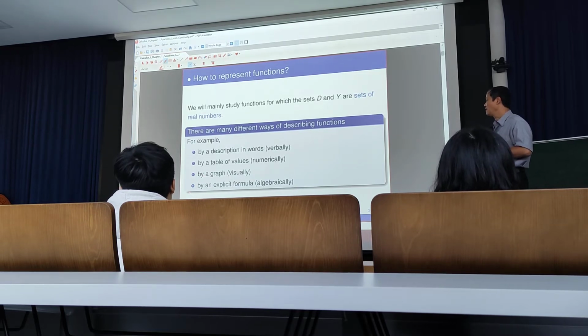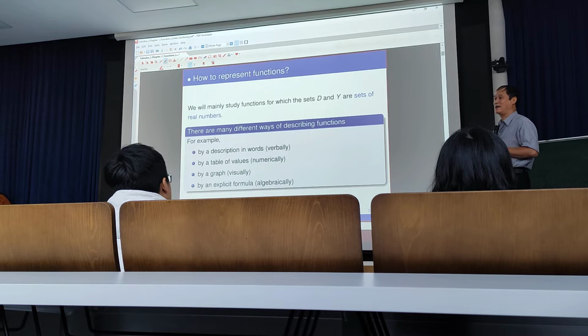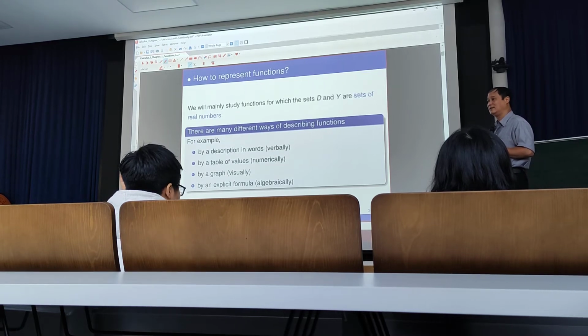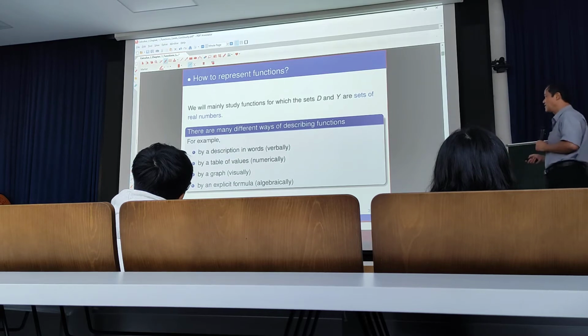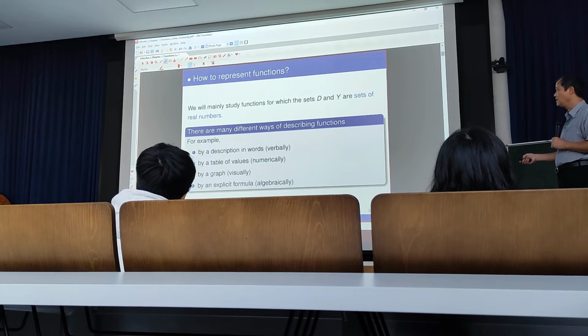And the last one, by some explicit formula, f(x) is x squared. We call this way algebraic, etc. So there are many ways to describe a function, but we are paying attention to the last two,